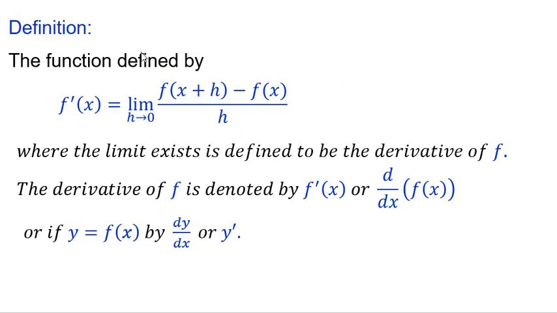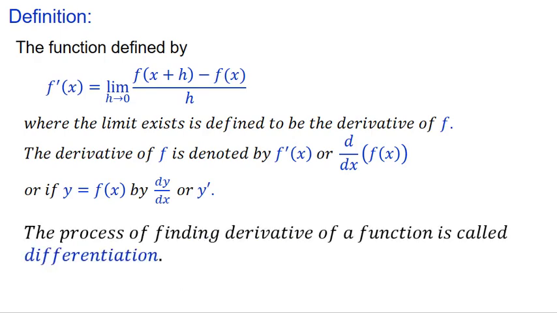Now this derivative has a lot of applications in science, in geometry, in commerce. These things we will discuss when we see the chapter called application of derivatives. Now the process of finding the derivative of a function is called differentiation. So we have understood what a derivative is. Derivative means for a given function f x, we have to find f dash x, and the process which we are going to use is called differentiation.